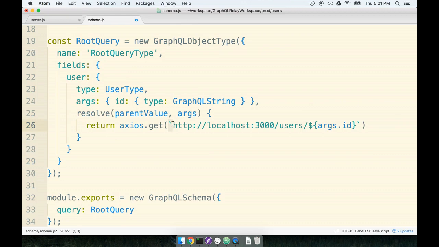Again, this is an ES6 template string, so do make sure that you have backticks right here on either side. And we are making reference to args.id. Remember, the ID is coming in from the query when the query is made. All right, this is looking pretty good right here. We make the request and then we return it. So GraphQL is going to wait for the promise that is generated by this request to resolve. Once it resolves, it's going to take the data and send it back on down as a response to the